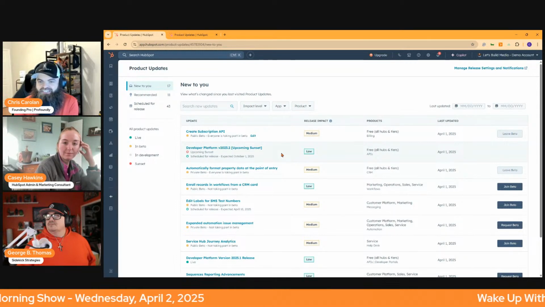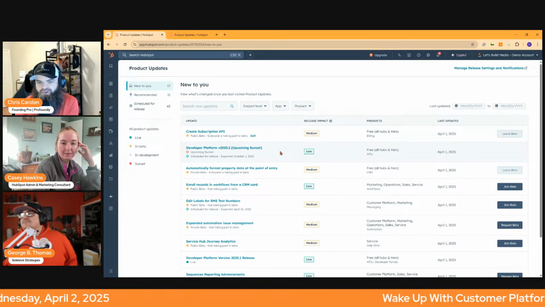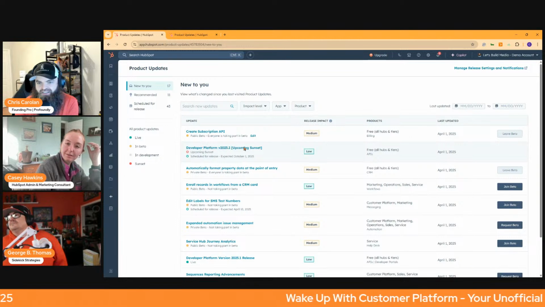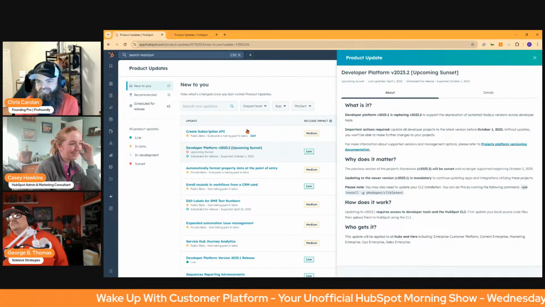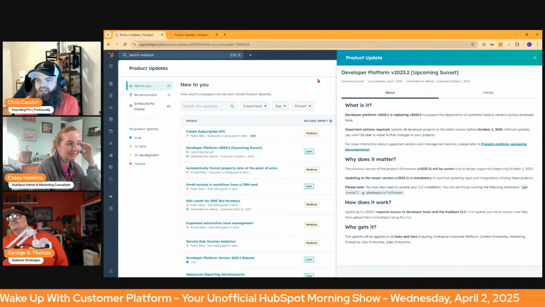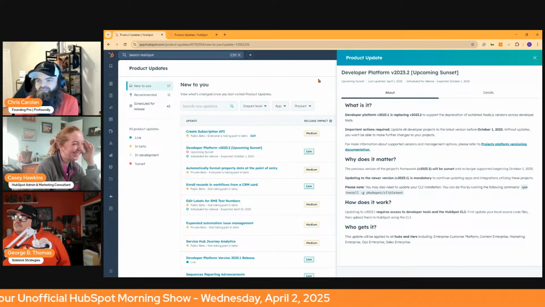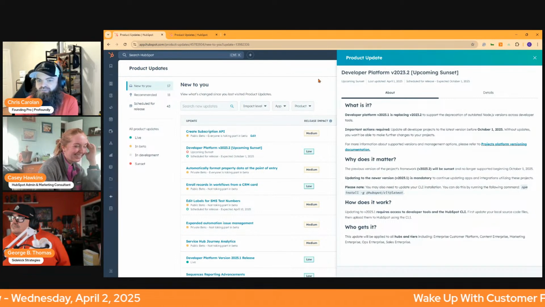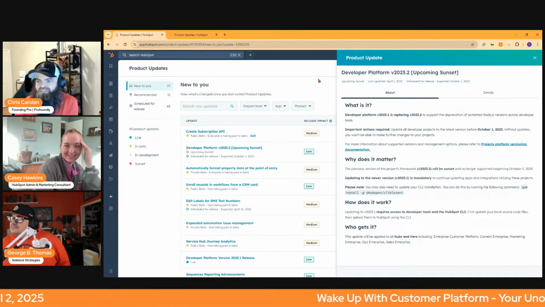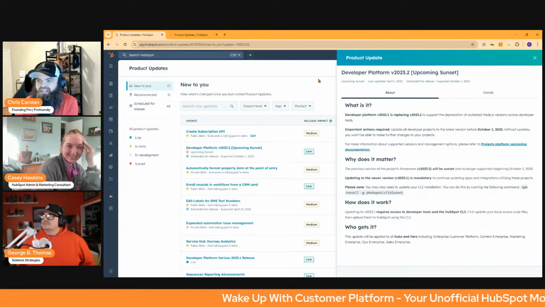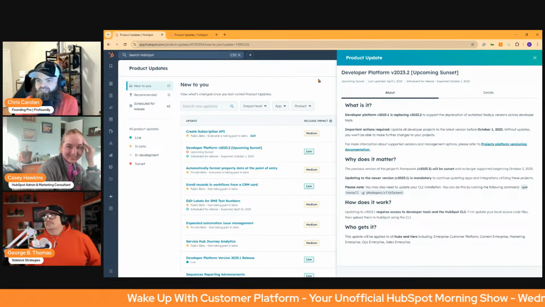Upcoming sunset developer platform in October 2025. Just as a heads up, v2025.1 is replacing 2023.2 to support the deprecation of outdated Node.js versions across developer tools.